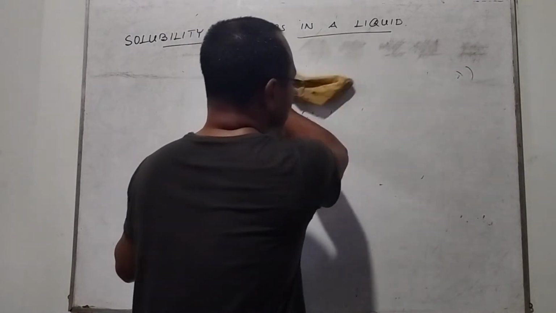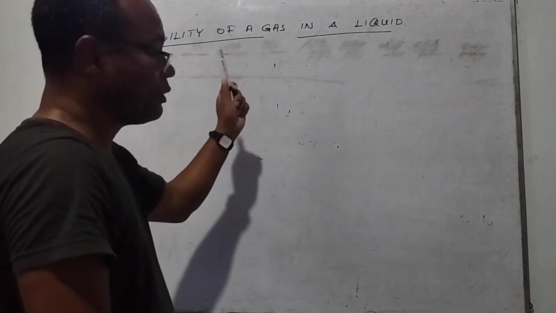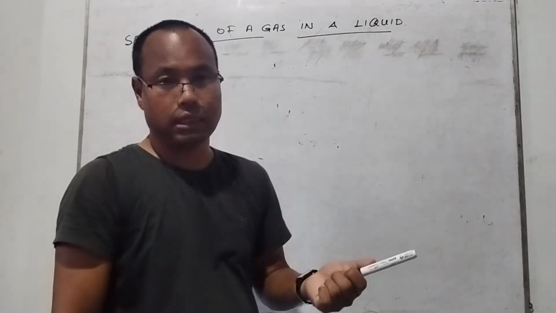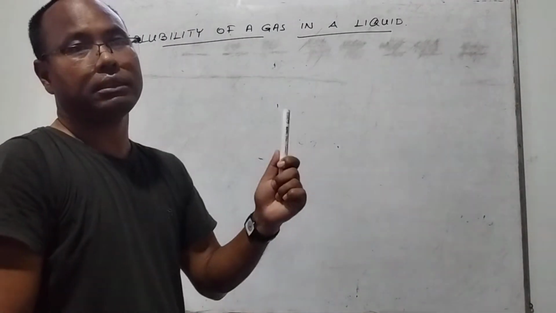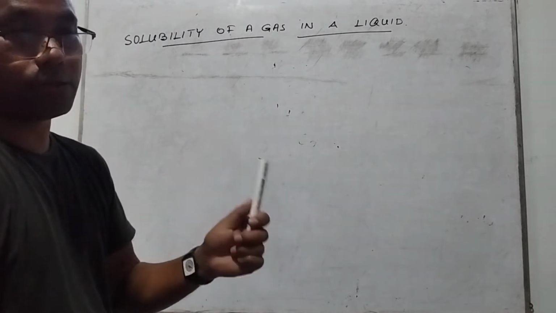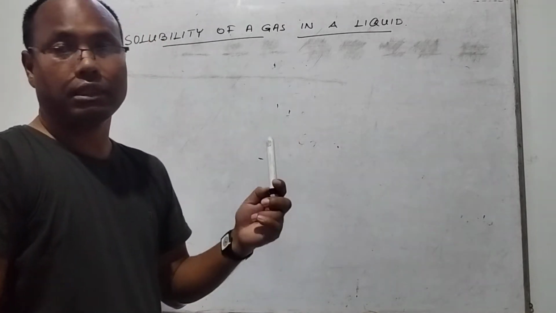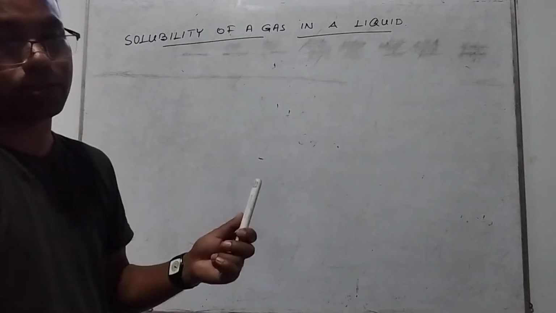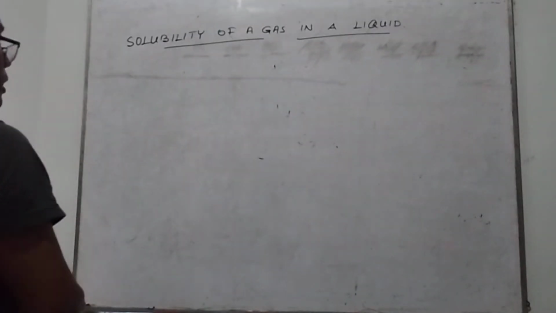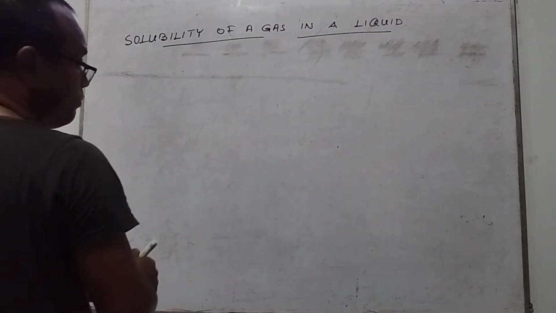So I repeat it once again. What is the effect of the temperature on the solubility of a gas in a liquid? The solubility of a gas in a liquid increases with decrease in temperature. One application, as I mentioned before, is that aquatic animals, aquatic species, are very comfortable in cold waters rather than in warm waters. Remember, okay? Now, the most important factor is the effect of